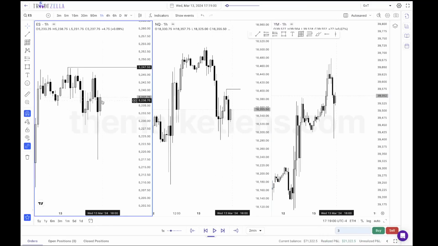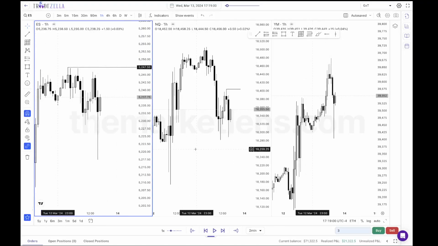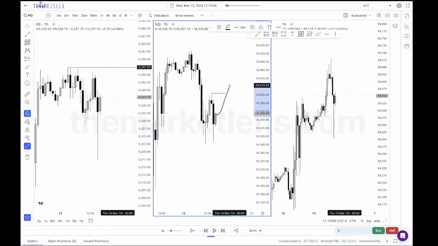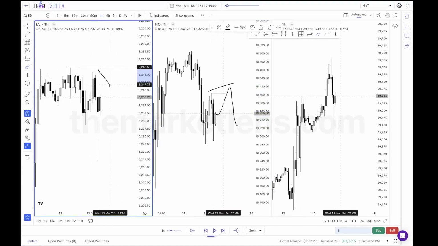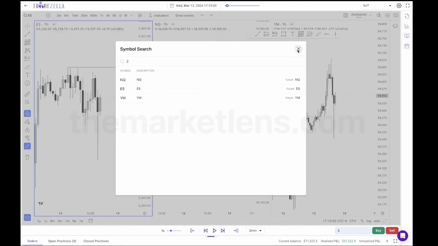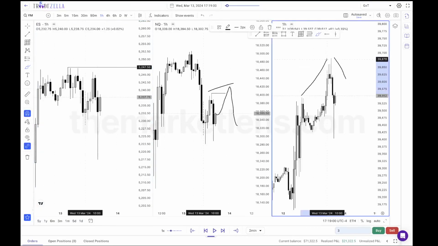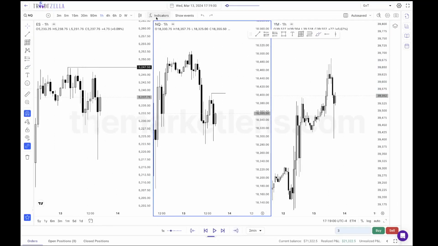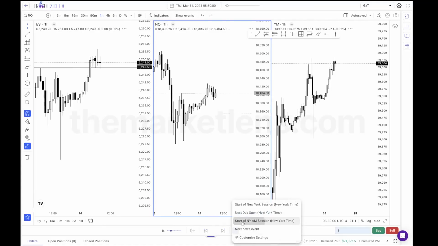But yeah, ideally, to set an idea here, this kind of manipulation down here is a bit sus. And these failure swings, we could come up to these highs. So I'm thinking maybe an SMT at the previous high, potentially. One of these assets could do that. Or we just sweep out this high on NQ. Or we do something shit like this, and then create divergence here, which would be a strength switch. Or like right here, I mean. Right, that would be a strength switch this way. That could also happen, but those are just some scenarios. Just wanted to show you guys that, but let's go into this next day here.